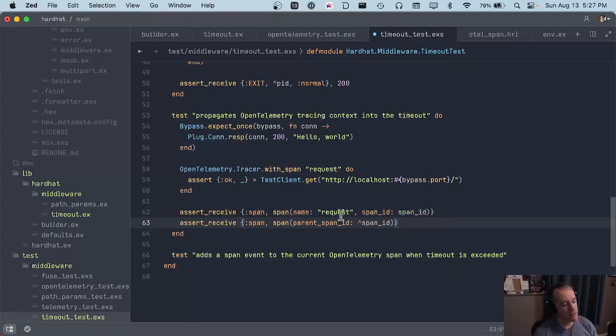So this is going to say we opened this request span. It has this ID, and then we got from the inner call to the HTTP inner client that we put in the stack farther down, that we get a span out that is this, and I think it'll be